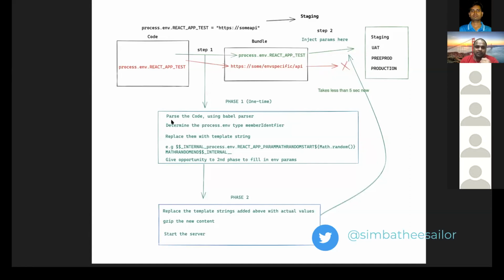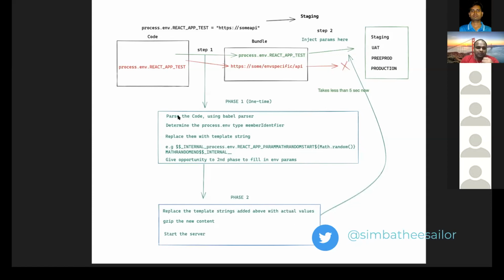So what's happening in phase one? We are making use of the Babel parser. Babel parser allows you to convert your code to ASTs. I'm again talking about ASTs. ASTs look very difficult, but when you start working with them, it's just a set of objects, a nested object that you have to play around with. Even myself, when I was working on it, it took me a lot of time to try out various combinations. I learned a lot there.